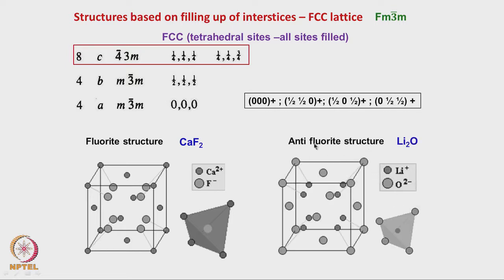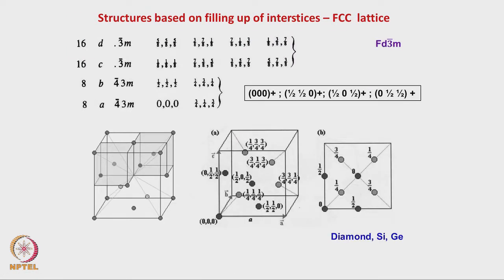Similarly, another structure is called an antifluoride structure, where the lithium atoms, okay, these are oxygen and lithium. The lithium ions are kept at the, so oxygen atoms come at these positions. Okay, this way also we can. Here also we have 3 atoms per each lattice point. That is with respect to a Bravais lattice.